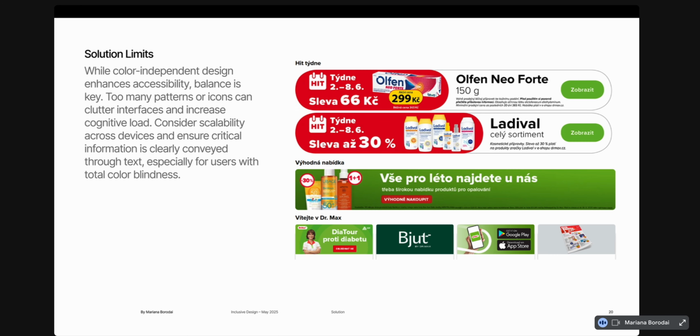And here are some limitations I found. Of course, accessibility is vital, but we need to balance, because balance is important. Overusing patterns or icons can make the interface look cluttered or overwhelming. We also need to think about how things scale across screen sizes or in print, for example if you work not only digitally but with a physical product as well. And in some rare cases, like full color blindness, always include descriptive text to make sure the message still gets